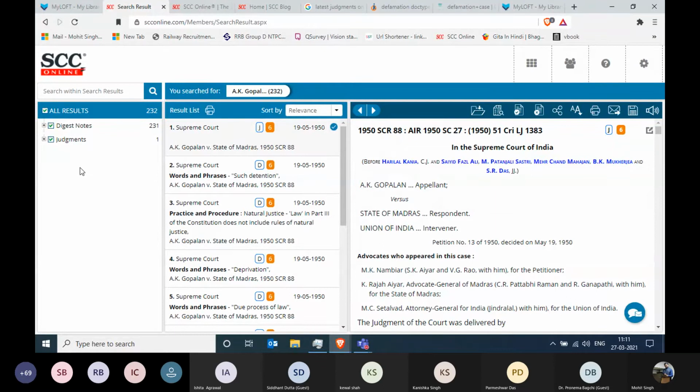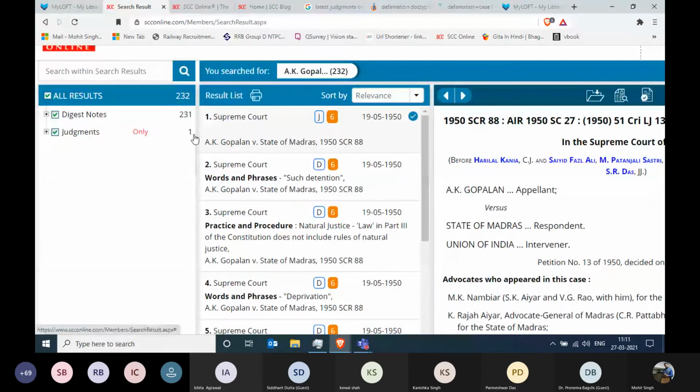As you can see in this particular example, the judgment is one, but there were 231 important points of law that were discussed in this case. Now, whenever you are preparing for your case in the moot court competition, you never know what point of law can be for your benefit or what point of law can be against you, right?